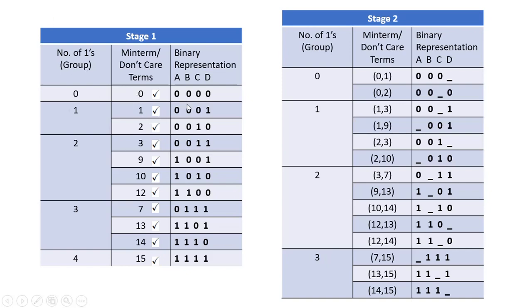We can see only one bit change is there, so we will take this 0 0, and this one bit change we will mark with a dash. That means one variable is reduced, this D variable is reduced. Now we have three variables only, and as this comparison includes two minterms, 0 and 1, we have ticked these two minterms.